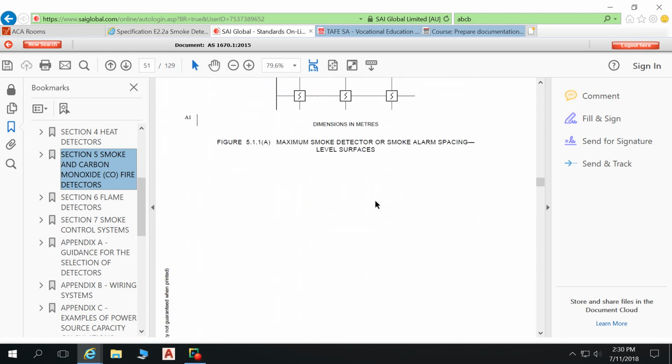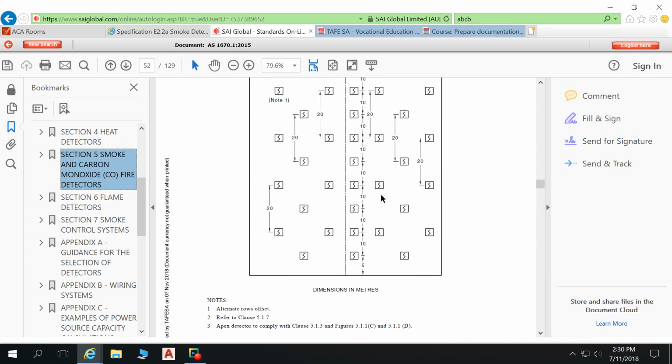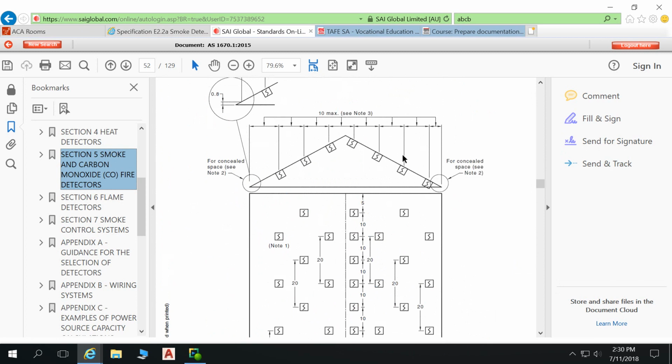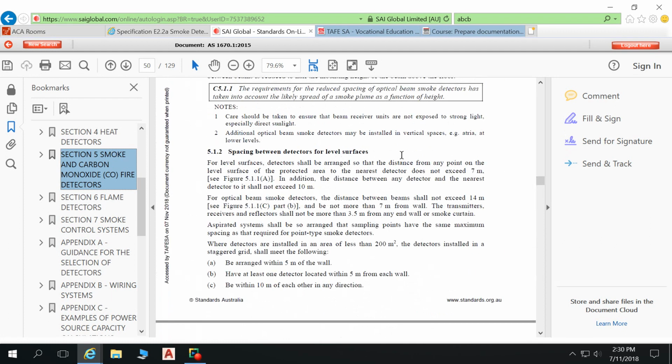And then there are specifics in regards to heights shown in the following diagram. But because we're asked only to provide the plan for level 1, that's all that you need to do. So it says for level 1. So only level 1. For only level 1 that you have to produce smoke detectors. So it's for only level 1 within this project that we have to do the fire services